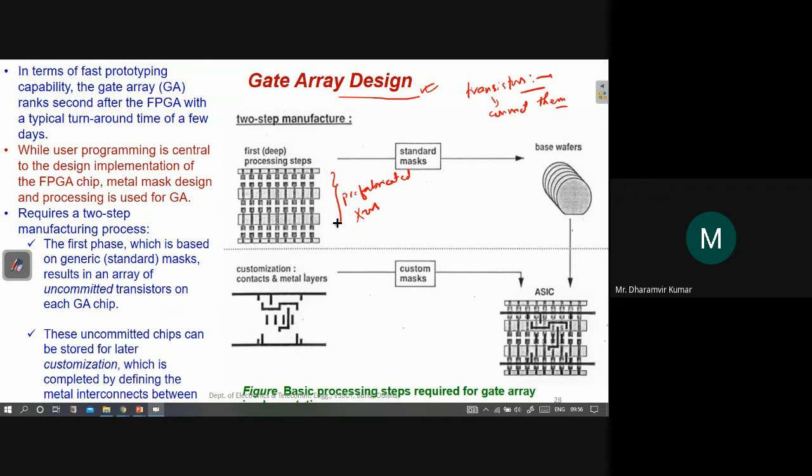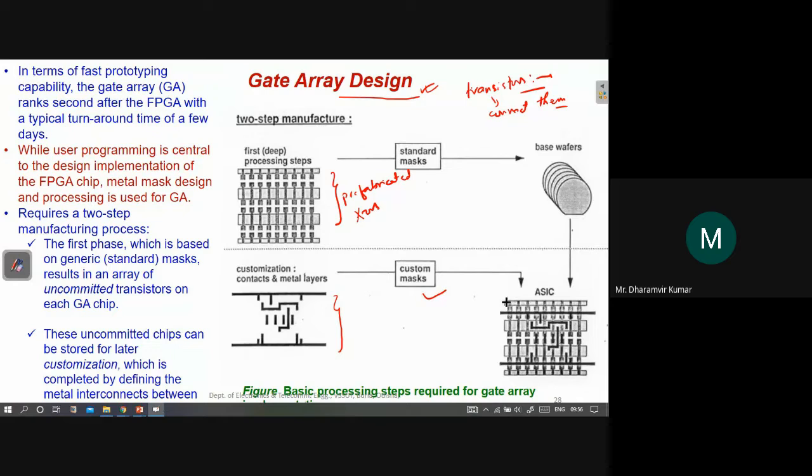And the designer's task is to form a metal layer like this, which will be according to his design. And with the help of this metal lining, custom masks will be made. And with the help of those masks, these metal linings will be used for joining the transistors here.